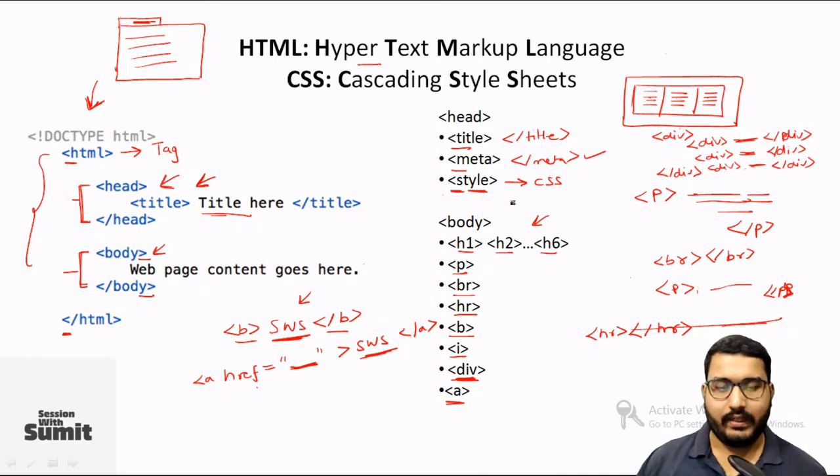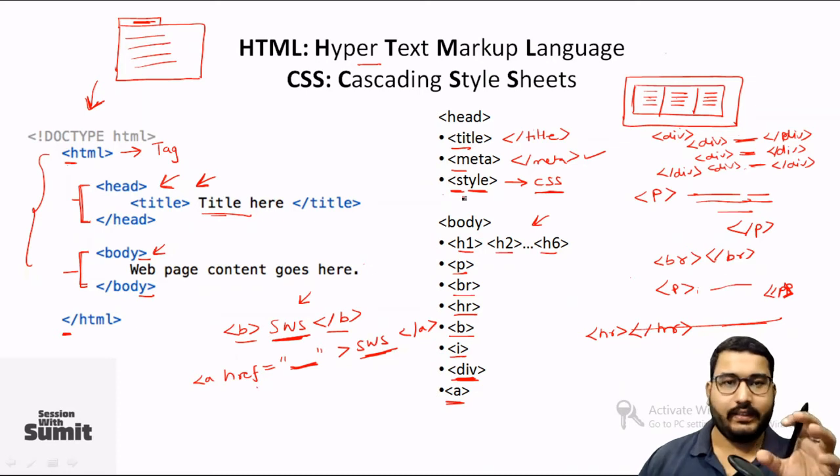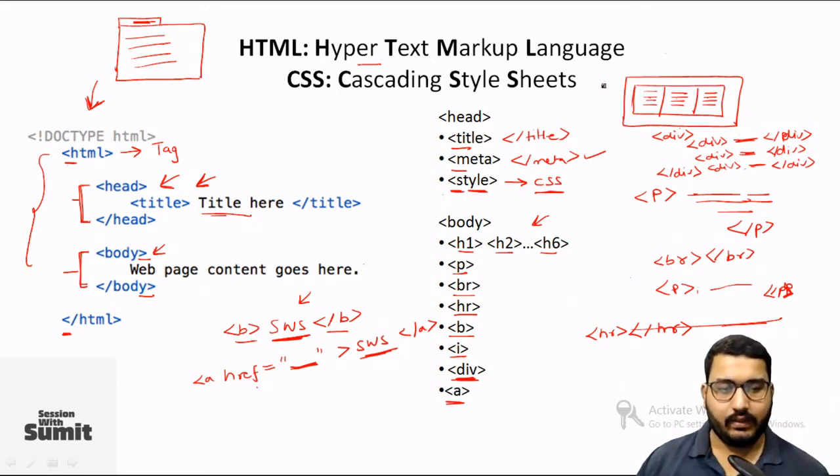Now let's talk a little bit about CSS. What is CSS, and what is the usefulness of CSS? So as I've already told you, CSS will help you to add some easy and quick way of formatting your web page. So let's say you wanted to add a background image, let's say you wanted to add a background color, let's say you wanted to make something in center, let's say you wanted to make some division with particular formatting. So let's say you wanted to have this particular division in some different formatting, this division in different formatting, and this division in different formatting.